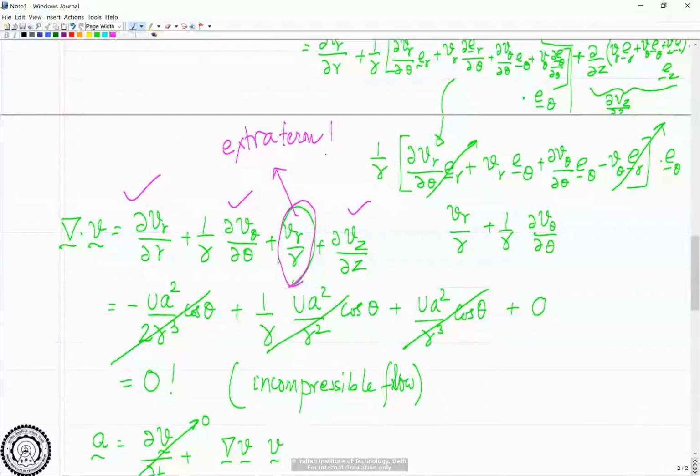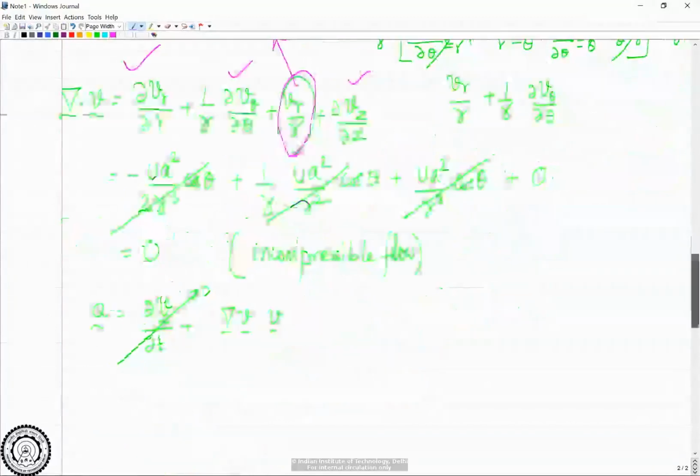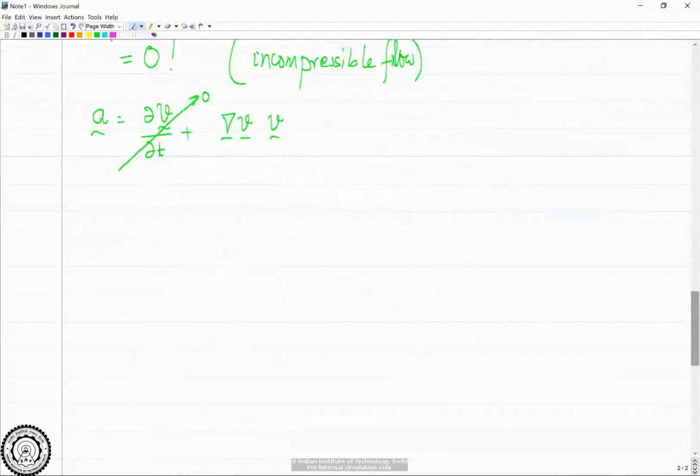But the advantage is that you are not taking derivative with respect to r and theta, and the formula is very simple in terms of r and theta. But it was very complicated in x1, x2, x3. Now to obtain acceleration, you see that I have to get gradient of velocity. So how do I get the gradient? Just like divergence, you have to apply the formula of gradient. So that is del by del r